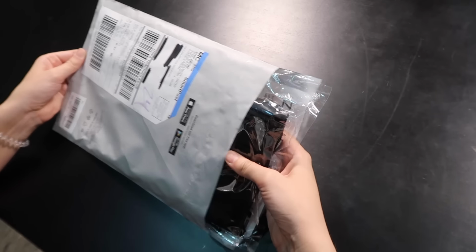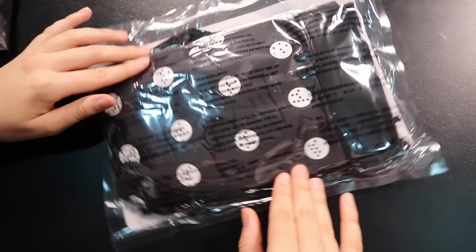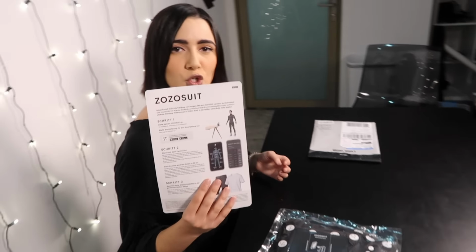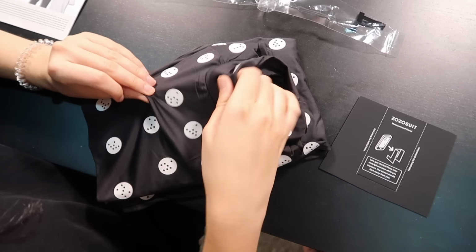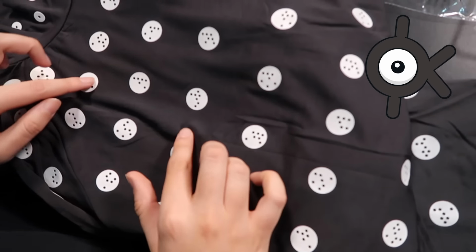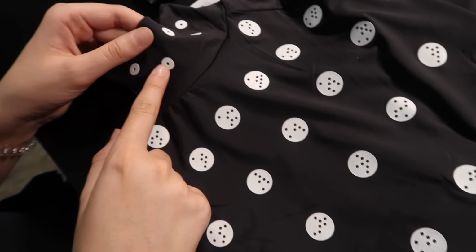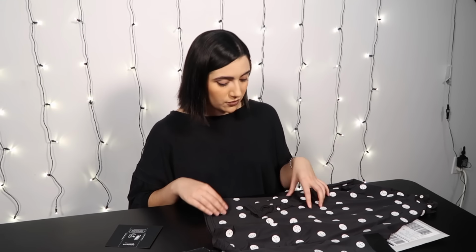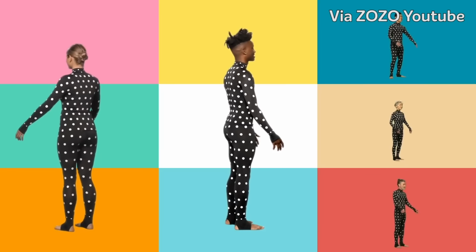Okay, so let's open this up and see what's inside. Ooh. All right, so inside it seems I have my Zozo suit and a card of instructions in English and German. Isn't this Japanese? Apparently not. So let's open this guy up too. First impression is that it feels kind of like really thin Under Armour, but with seemingly Braille characters on them, or like unknown Pokemon, or like constellations. That one kind of looks like the Dipper if you ignore those two. This one's Mars. All right, so it seems like the Zozo suit consists of a long-sleeved turtleneck and some matching leggings. It's two pieces, but they come together as one to measure your body, hug your curves, and